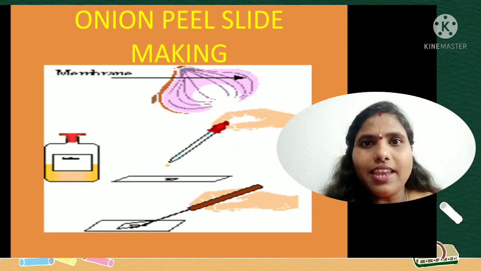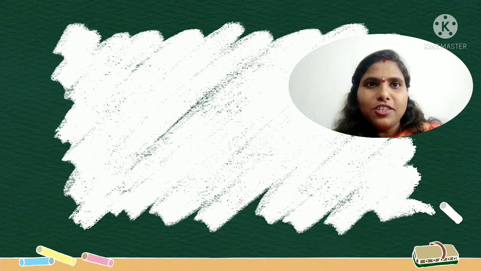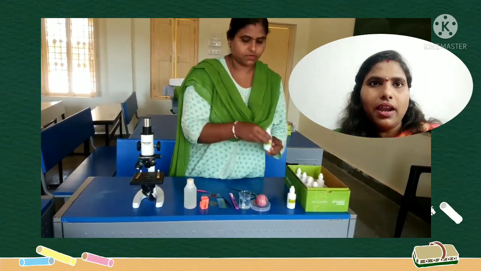Let us talk about the next activity, the observation of cells in onion peel. If you observe the slide, here glycerin, needle, dropper, onion, and some of the requirements for doing this activity are there. Observe this video. Here the activity is going on, that is observation of onion peel cells. One by one, the materials required for this activity are being taken by her.